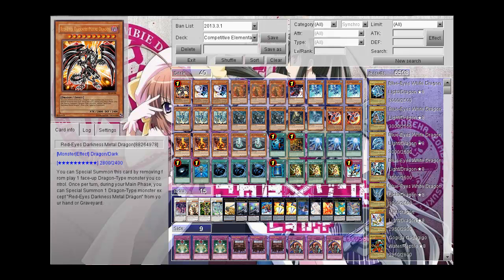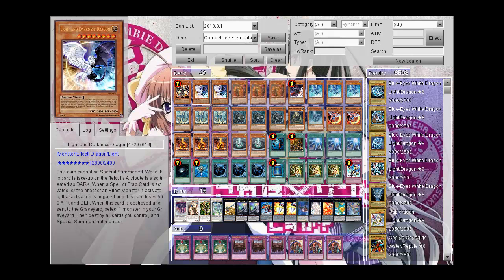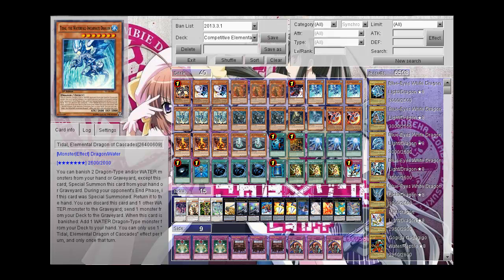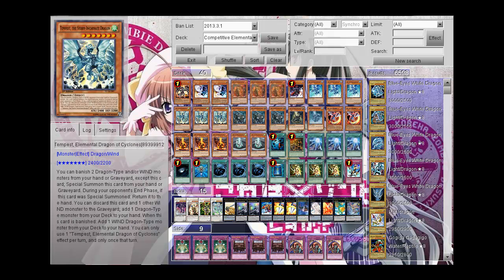So we're playing 1 Red-Eyes Darkness Metal Dragon, 2 Light and Darkness Dragons. 2 is really consistent, and I like it that way. 3 Blaster, Elemental Dragon of Calderis, 1 Gorz, 3 Tidal, Elemental Dragon of Cascades, 3 Tempest, Elemental Dragon of Cyclones,